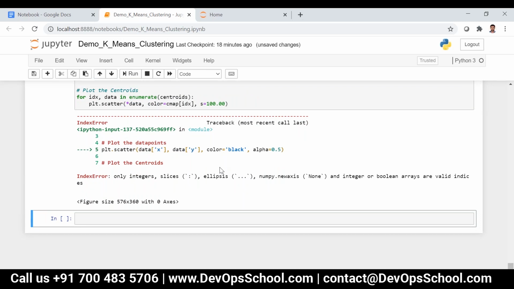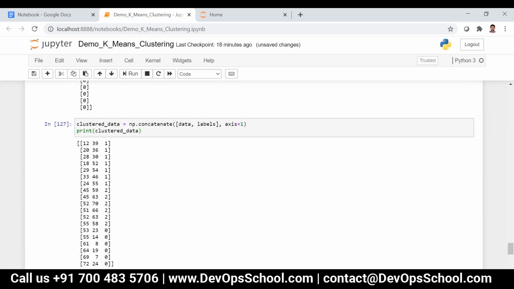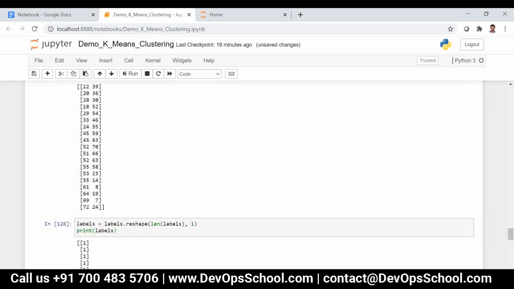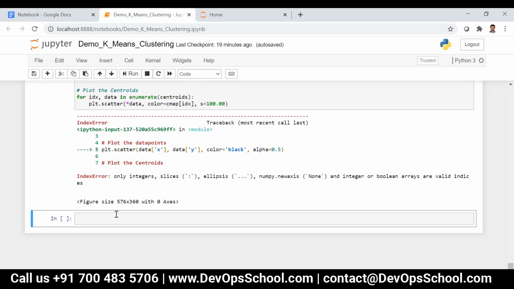What happened? What is the mistake here? What is the error I'm getting?